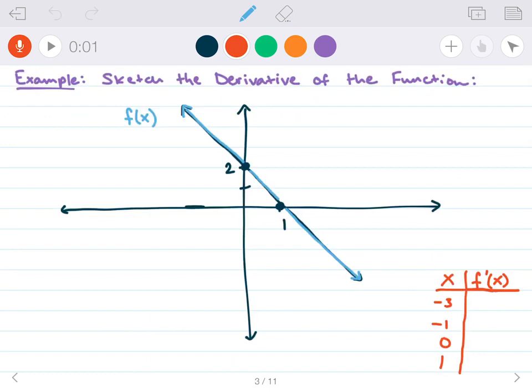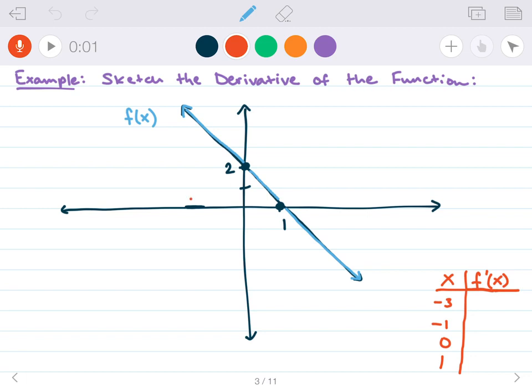So the first example we're going to do is pretty classic. We want to sketch the derivative of the function, and this function happens to be a line. So remember that the slope of a line is constant, right? No matter what 2 points you pick on a line, the slope between the 2 points is going to be the same. And that's what we're looking at when we graph derivatives. So for example,